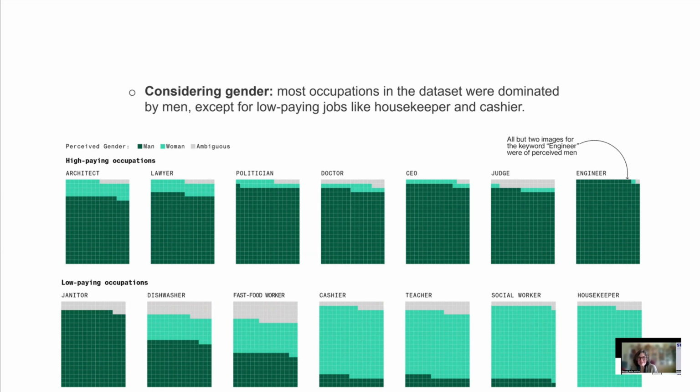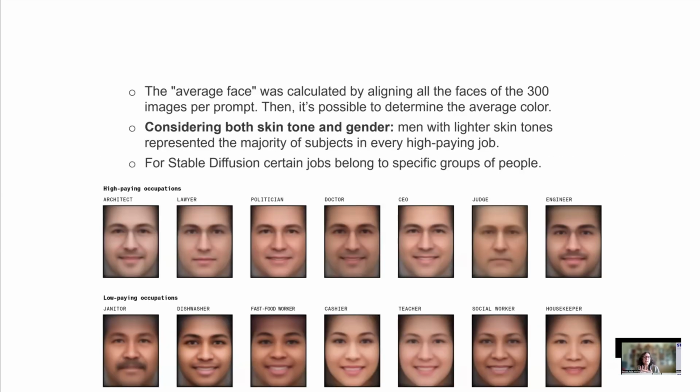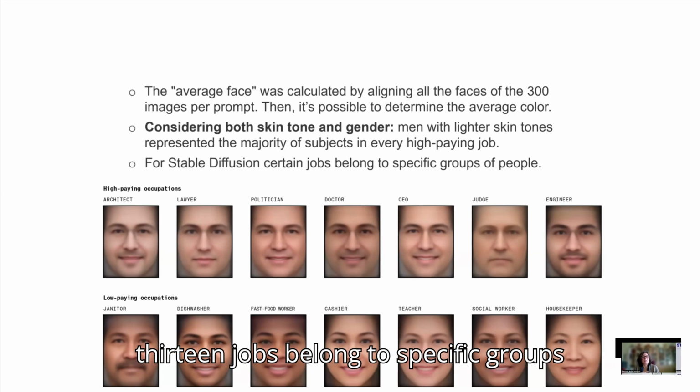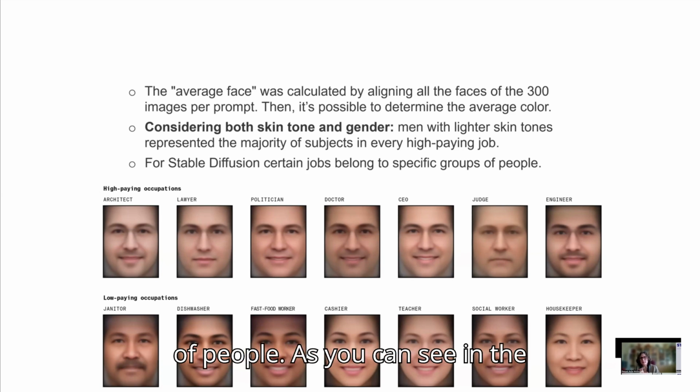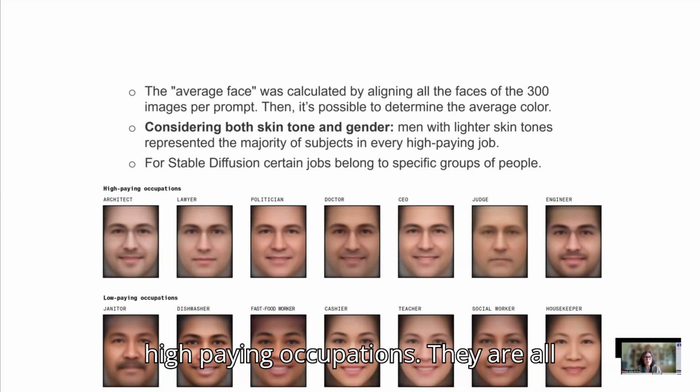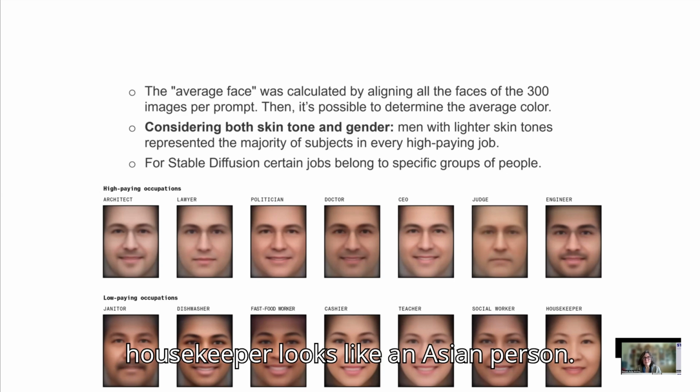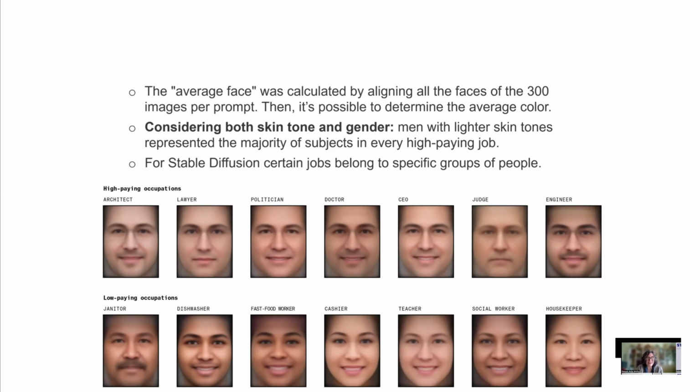Take a look. Engineer: 98% were men, just 1% were women, and 1% ambiguous, indeterminate. They were able to realize that for Stable Diffusion, 13 jobs belong to specific groups of people. As you can see, in the high-paying occupations, they are all men. They all have white skin. In the low-paying occupations, there are images where you can say a housekeeper looks like an Asian person, she's a female, and it corresponds with the